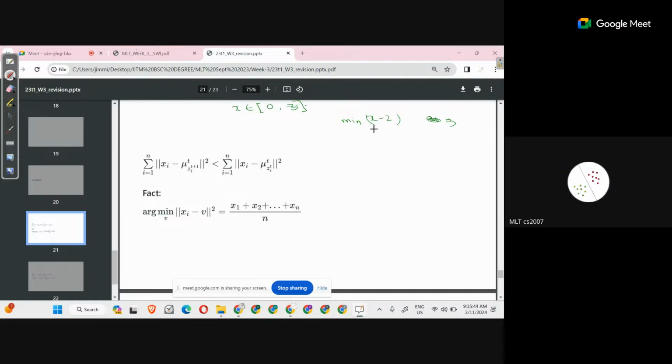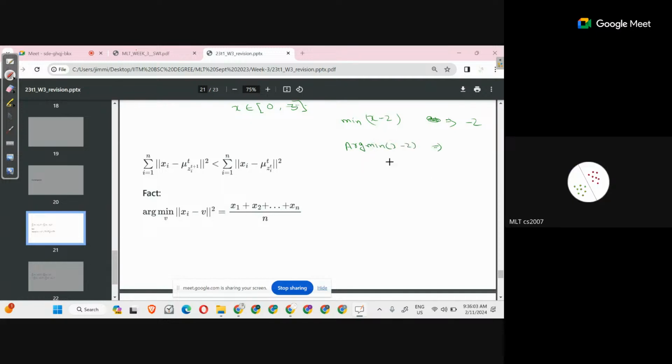What would be the value of this? Minus 2, minus 1, 0, 0, 0. Minus 2 will be the minimum value. Minus 2, right? So now if I write arg min of x minus 2,